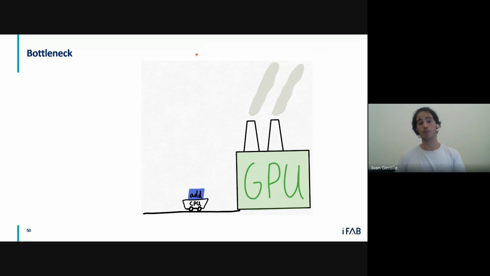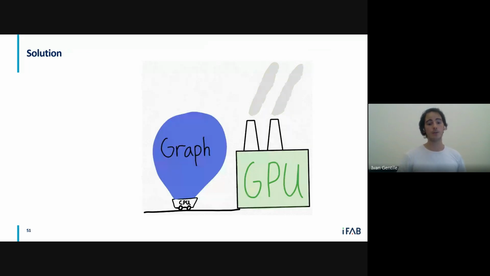In order to improve this, what we can do is to simply give more operations to the GPU all at once. The way we do this is by giving it a graph, a graph with a lot of operations that the CPU can bring to the GPU in one single go. And this way, the GPU will take the whole graph, break it down, and reduce the idle time.